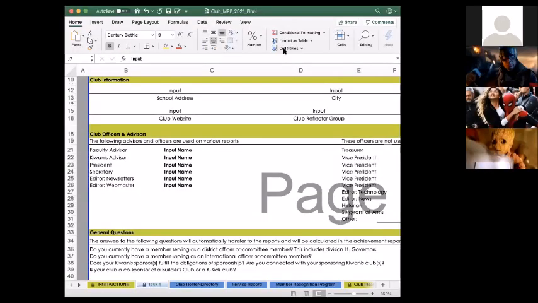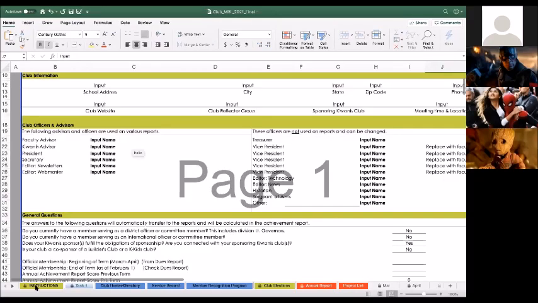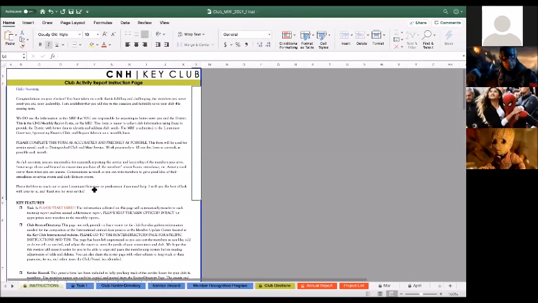If you don't, you can always find it on the cyber key. Okay. So here's the MRF. It looks long and complicated, but you'll get used to it. It's not complicated once you know what every single tab is.